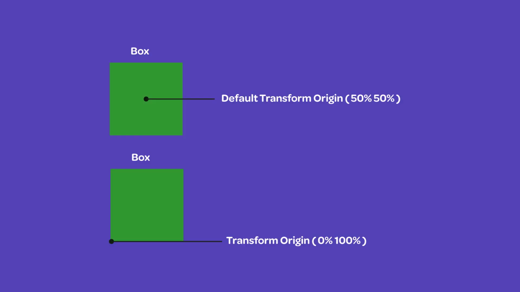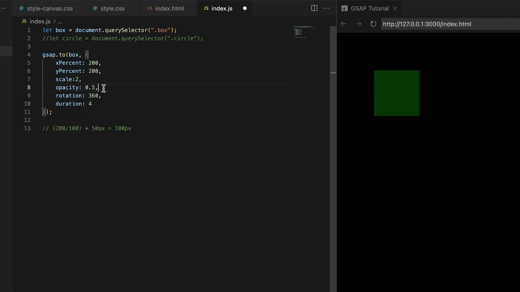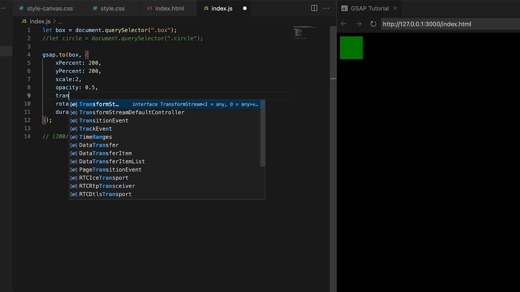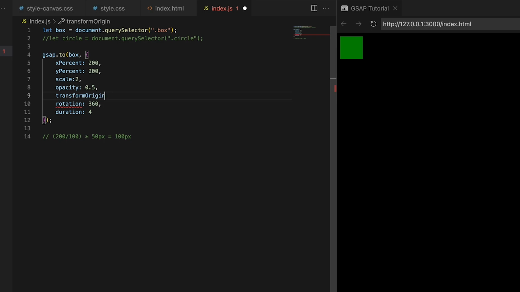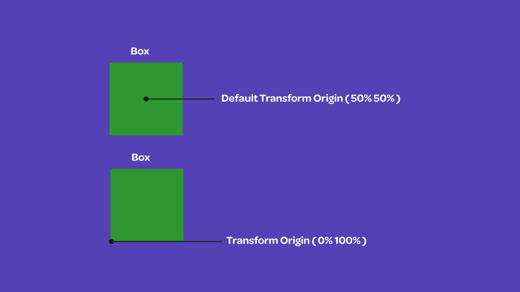There is a property called transform origin. Initially, the transform origin is set to the center of the object, which means the transform origin 50% and 50%. The transform origin property determines the point around which an element should be transformed. When an element is transformed using CSS transform property, it rotates, scales, skews, or translates around a specific point, which